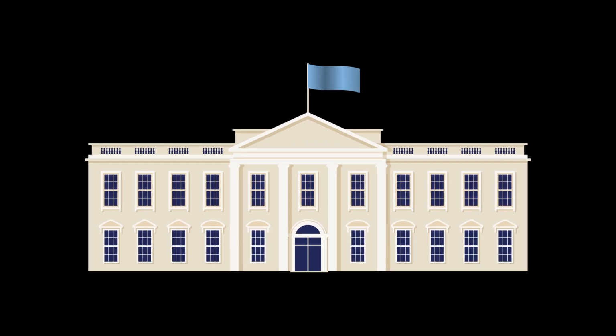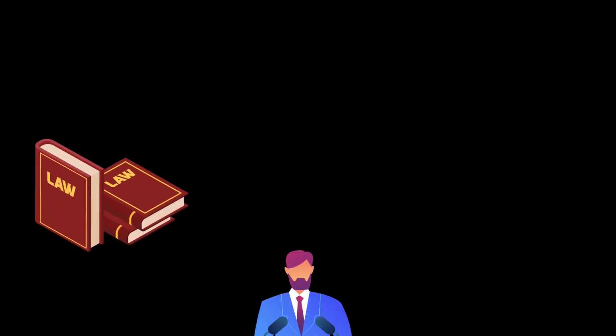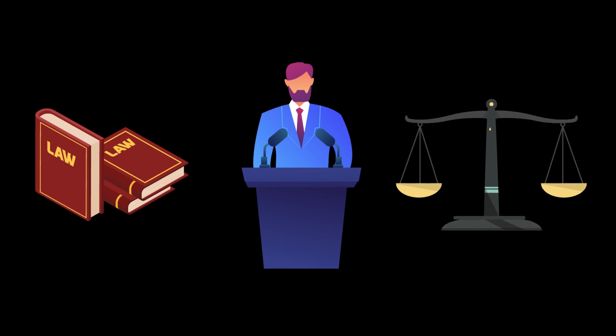The concept of the separation of powers entails the division of various branches within a government. The widely recognized and prevalent form of this division involves three branches: legislative, executive, and judicial. However, before we delve into the specifics of this concept, it's important to explore its origins and trace its evolution